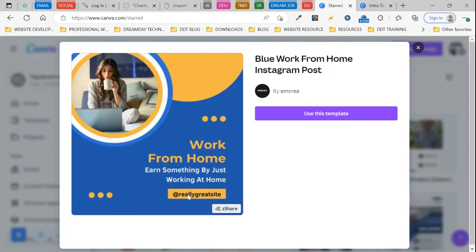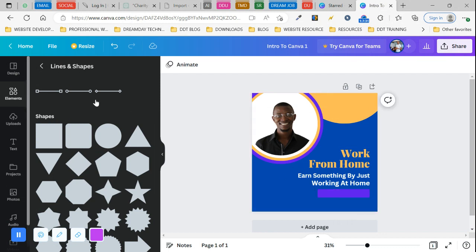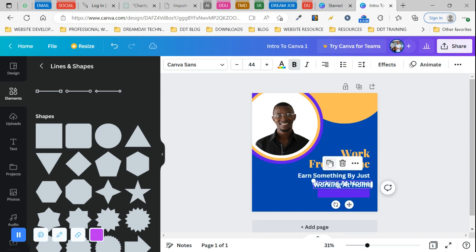And now I go back and for me, I will put my website address here. So all you need to do is you can easily duplicate this. I don't want to insert another text again. I'll duplicate this and call this www